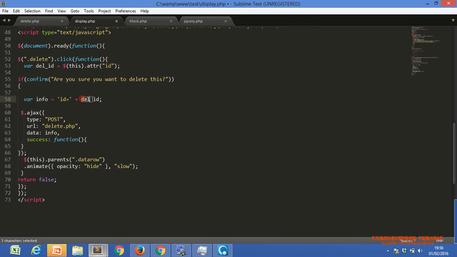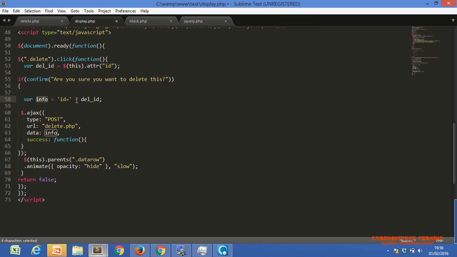In the delete id, we have our dynamic id in this variable. So our value would be id equals 33, and this would be saved into our new variable. Why we save it like this, I will describe to you. Just understand what we are saving into our variable. Do you understand, Nazar?